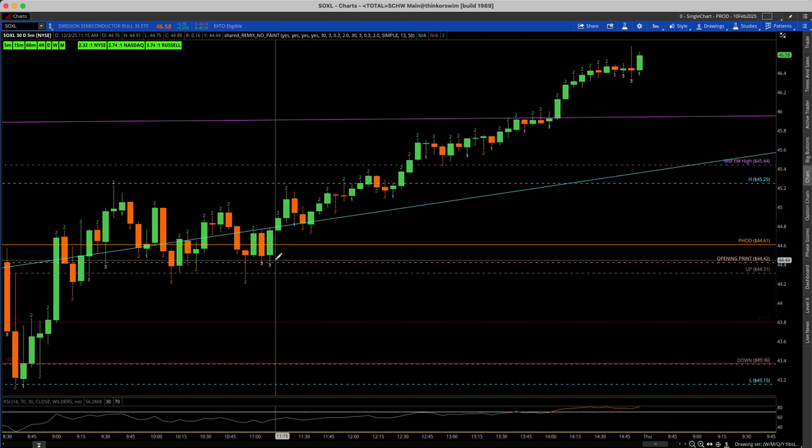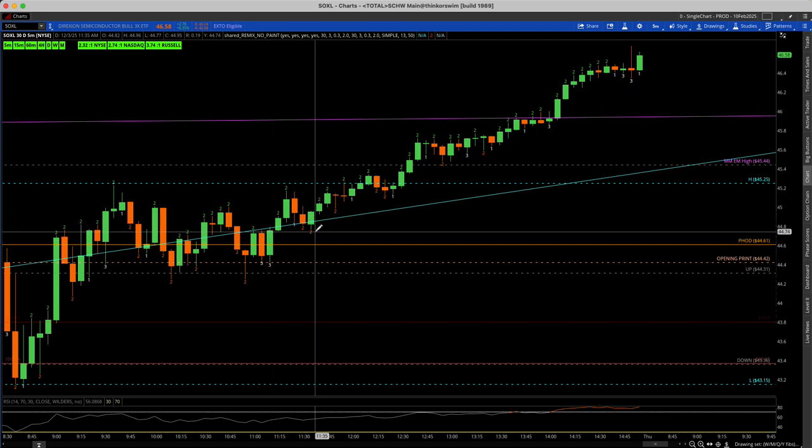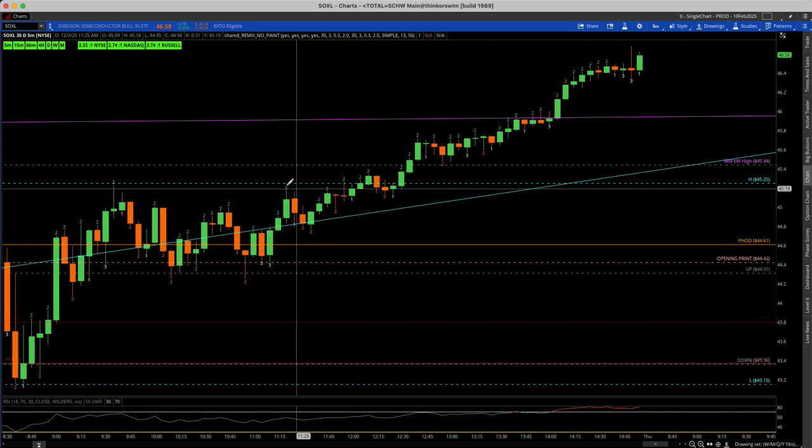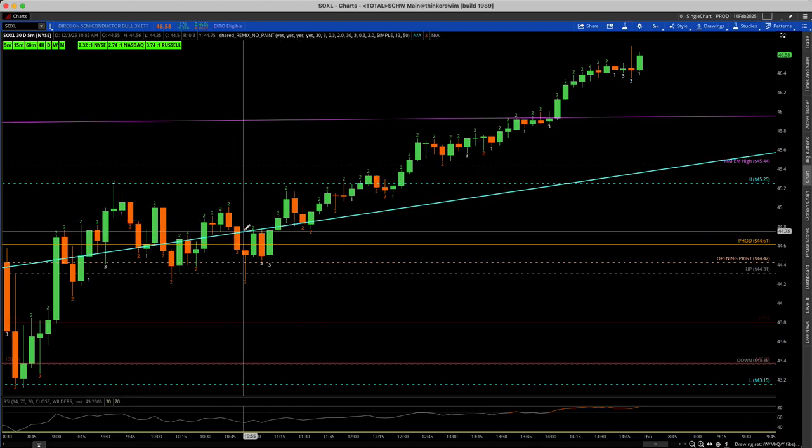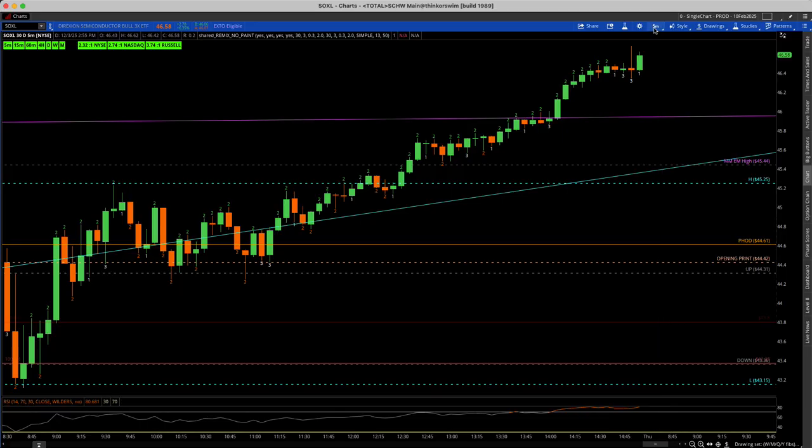You get another higher low here, higher high. There's another higher low here. So you could have re-entered anywhere around previous high of the day, which is also another major level that you want to have on the board from an intraday perspective. If we look at things from the 15-minute,